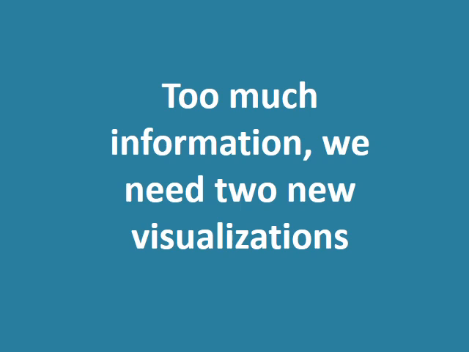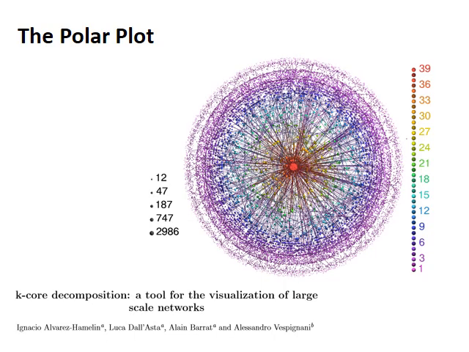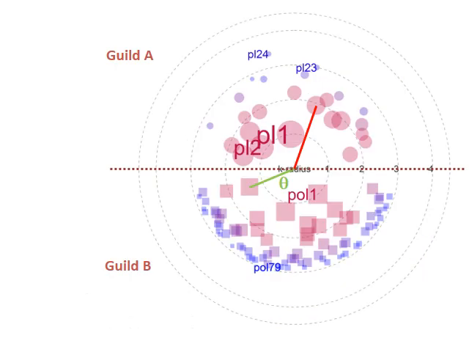We have not been able to reduce it all to one simple graph, so we have developed two instead. The polar plot is inspired by the fingerprint plot developed for huge networks. Here, nodes are placed in rings for each shell and colored according to their degree. This plot is adapted to mutualism because its purpose is quite different: reducing the amount of information. So, the polar plot shares the radial disposition and the coloring according to the shell, but differs otherwise.